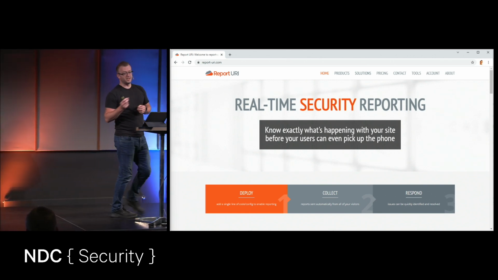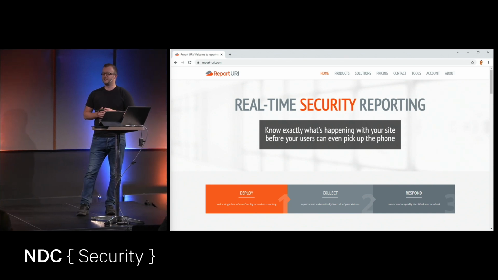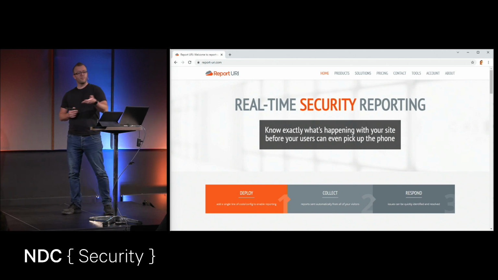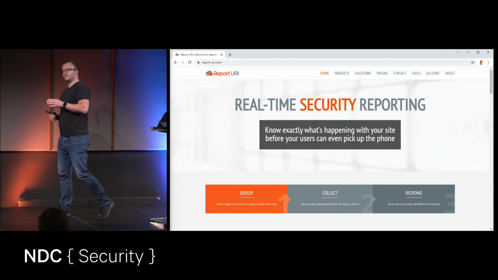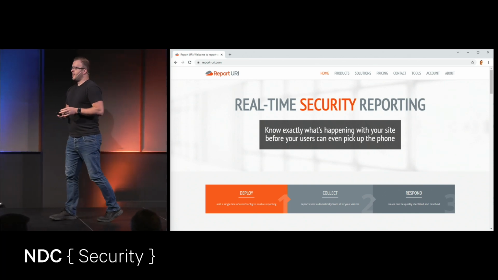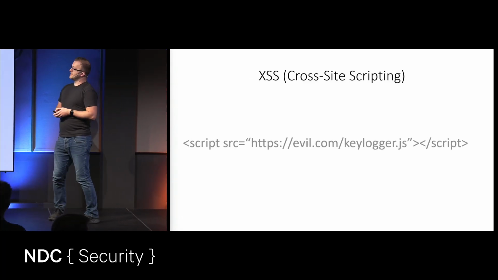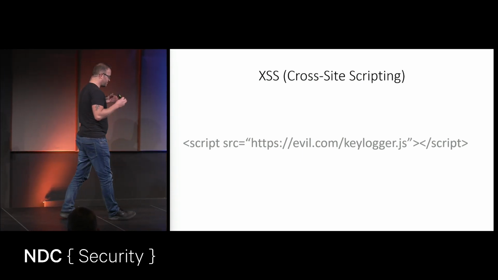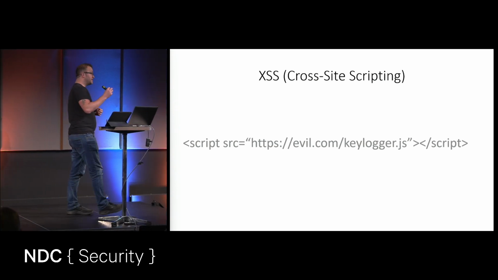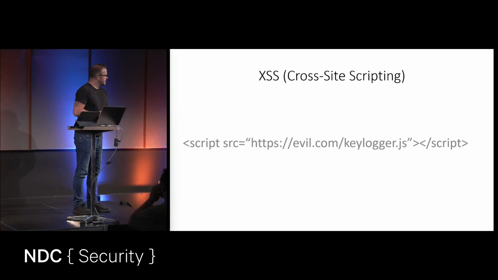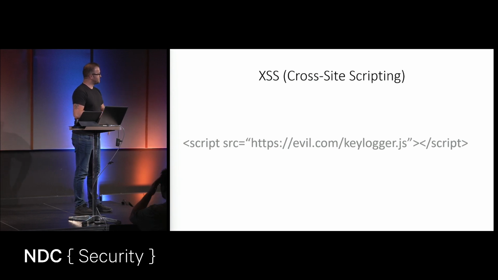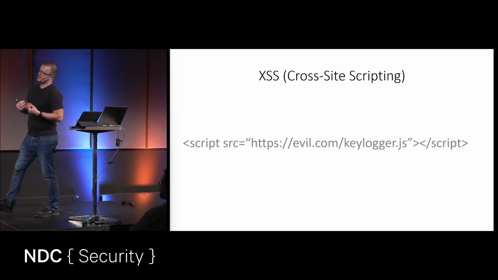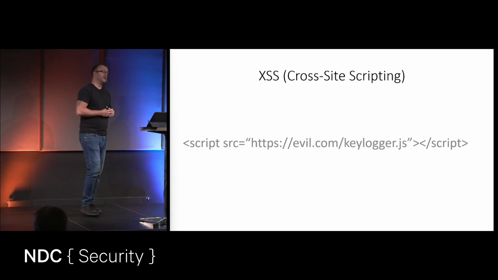But in security, we should practice something called defense in depth, which is having more than one protection for a given problem. If our primary line of defense fails us, we have a second line of defense that can save us. Now, a cross-site scripting attack might look something like this, right? It's a very simplified example, but somebody finds a way to inject a script tag into your application. Now, if I look at this, the domain evil.com, probably don't want this. The file name, this is going to do not good things when it gets into the page